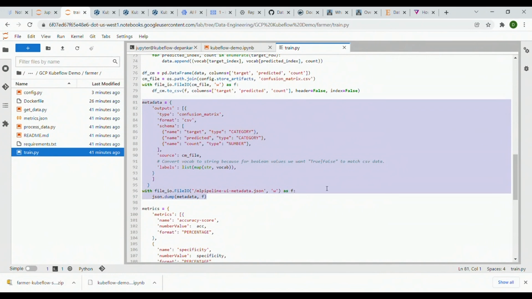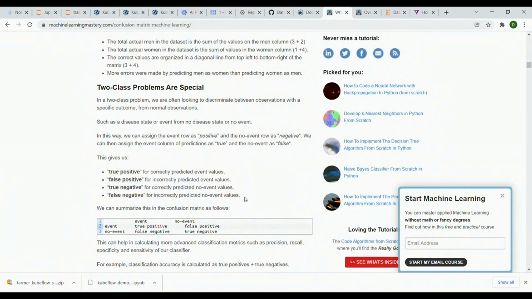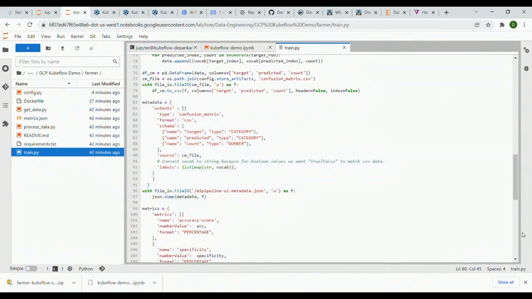Confusion metrics, what is confusion metrics? It is like if you have an incoming event, it's predicted true or false. If you don't have an event, but still you're predicting true or false. These are kind of permutations and combinations taking place. I already have taken this particular subject. So it's a confusion matrix, with scenarios like true positive, true negative, false negative. These are the combinations which the confusion metrics tell you about,